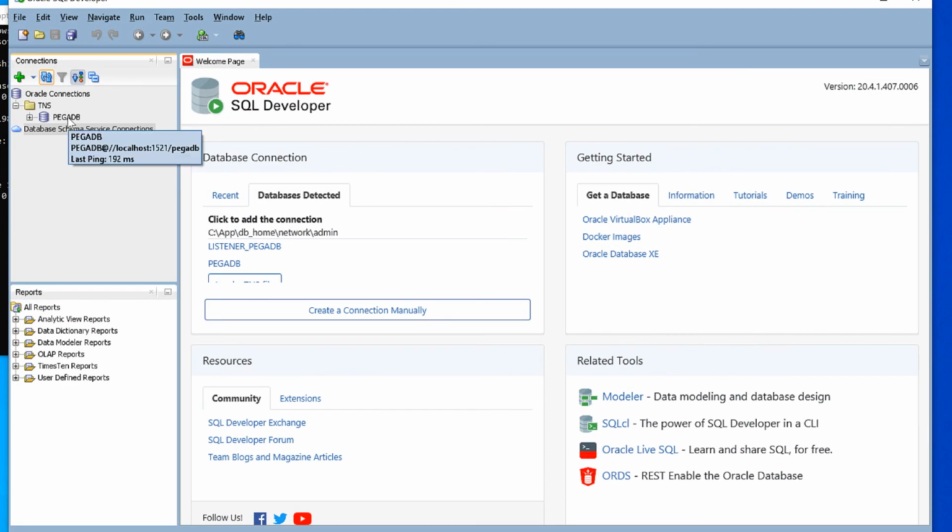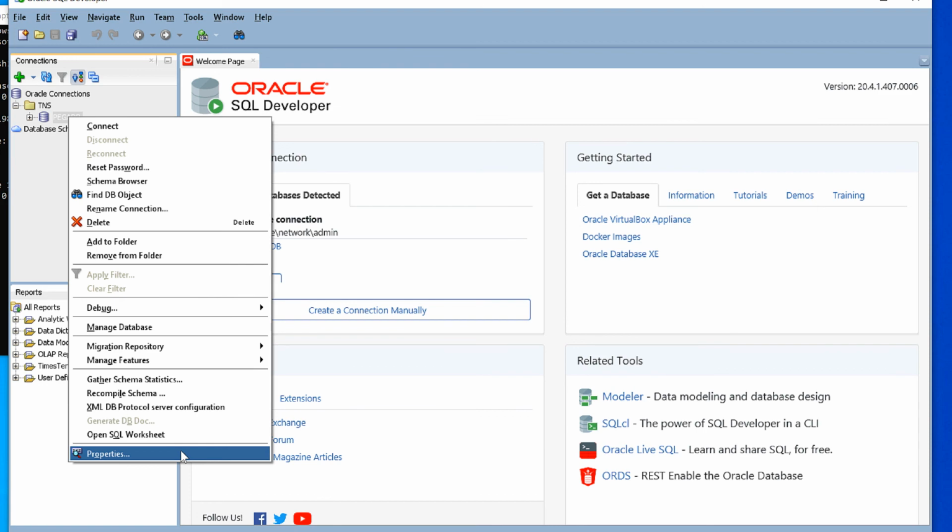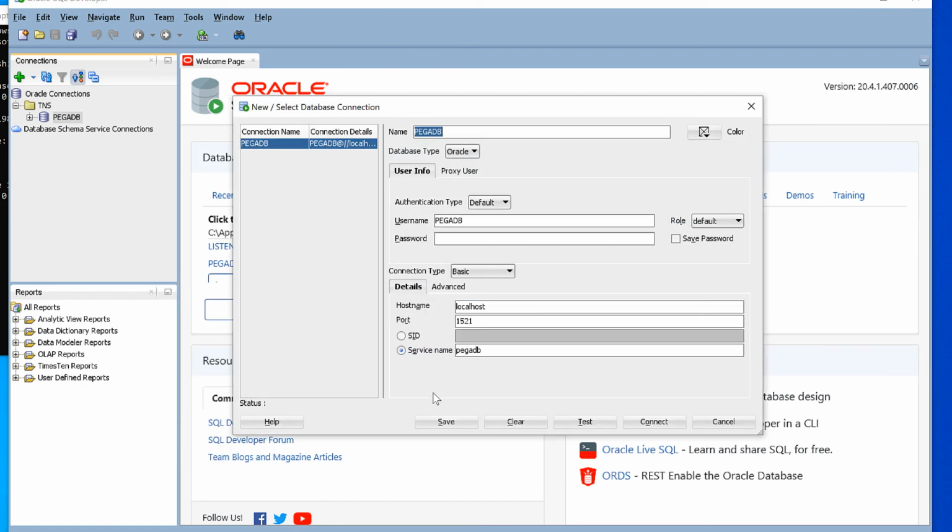You can right click on this database and go to the properties, where you can specify your username. Sys is my user and the role is sysdba, and the password which I set during the installation. You can click on save password, and this is the database name and the localhost and the port number.